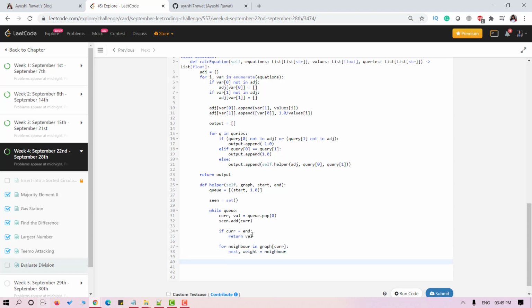If next is not in seen, then we'll append it to the queue. At last, let's return -1.0 here.